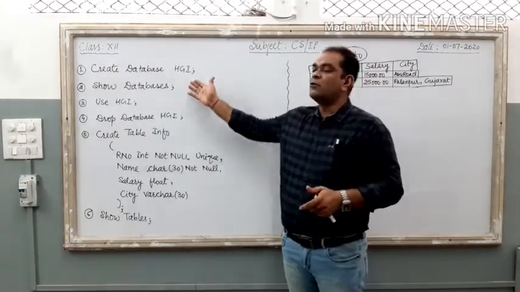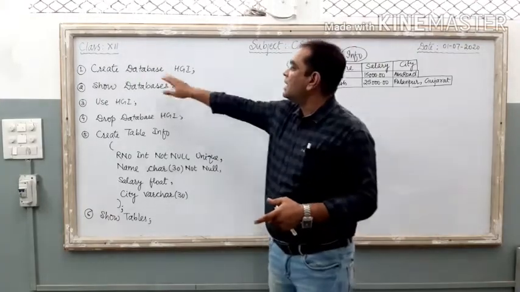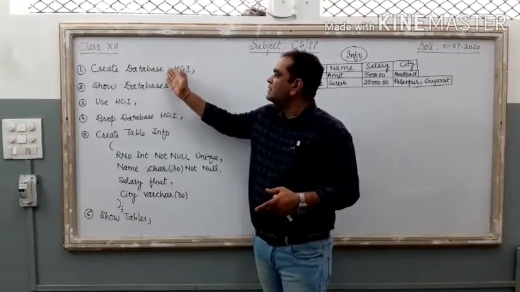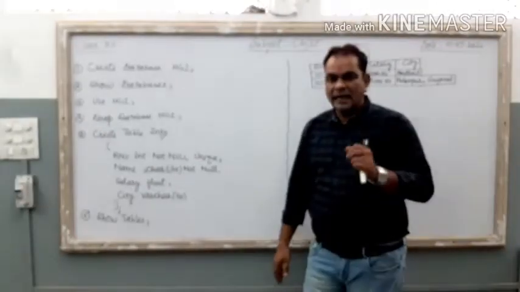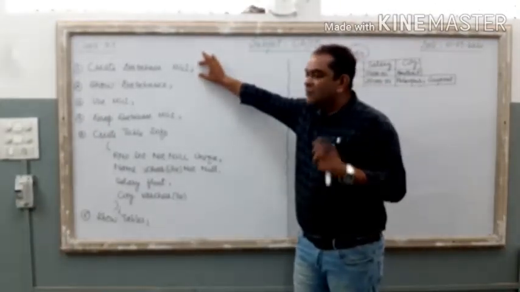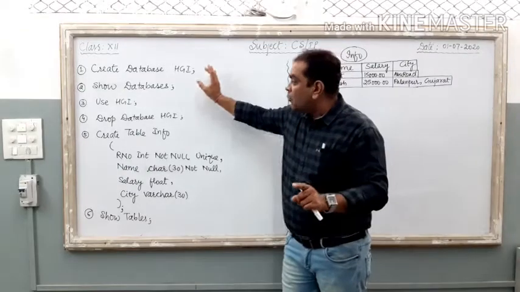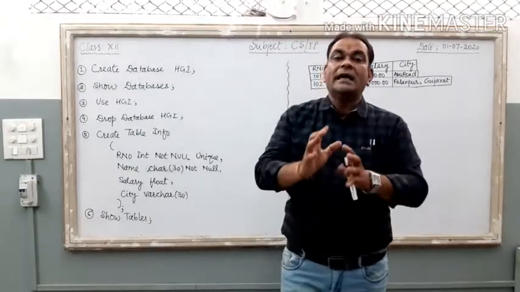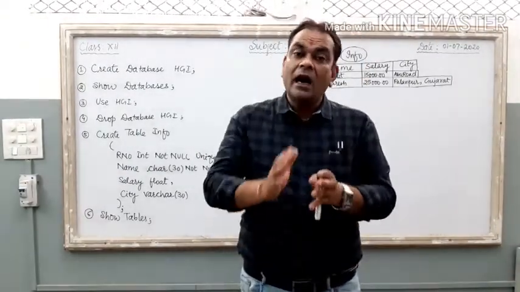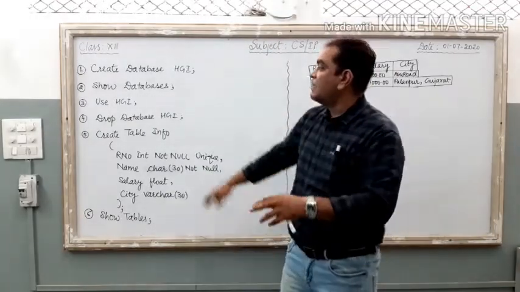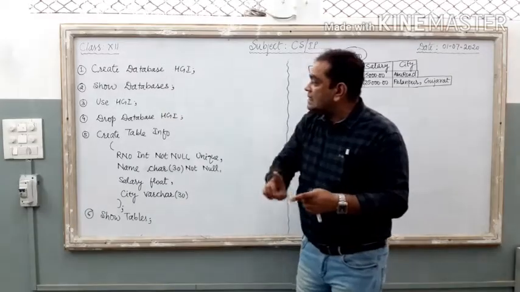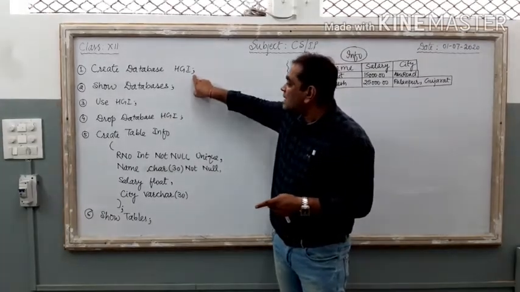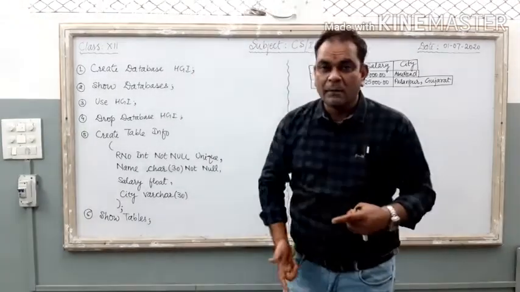The first command, if we want to create a database, the command is create space database space. Here we are going to put the name of our database, right? So by this we can create our database in MySQL. Now, if you want to show how many databases are there in MySQL, the second command is show databases. Clear? After each and every command we have to put this semicolon if we want to execute the command.